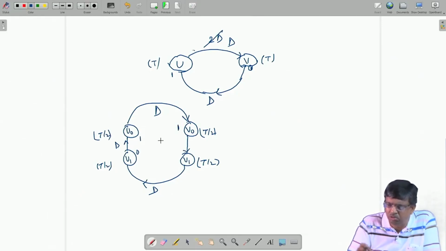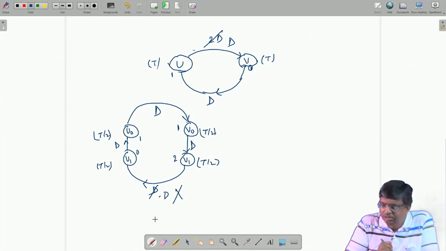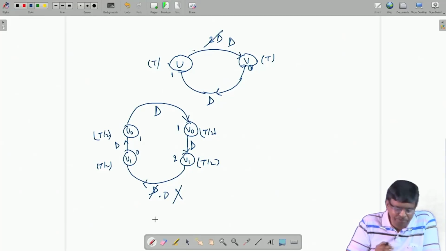So, 1 remains 1. Then I want a delay here. That means, if it is 1, make it 2. So, 0 plus 2 minus 1, d. But then what happens here? I have 1 plus 0 minus 2. So, which turns out to be minus d, which is not possible. Okay. So, I cannot do that. Okay. But